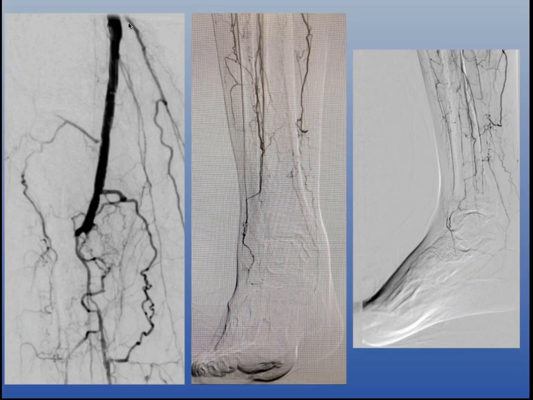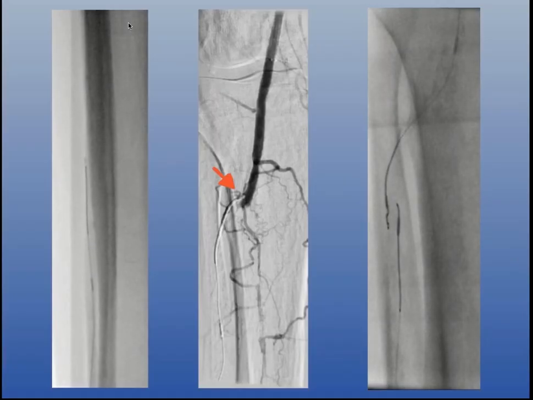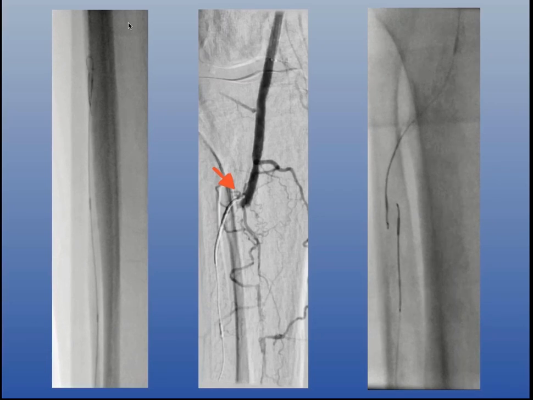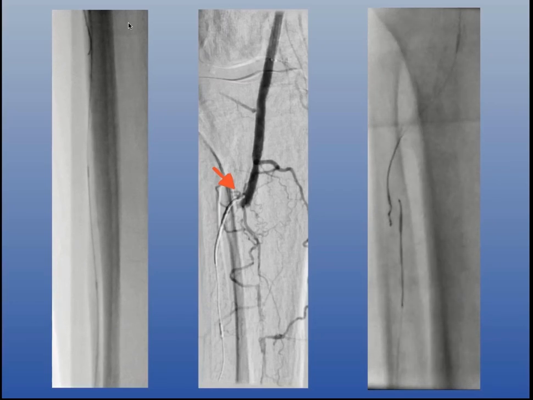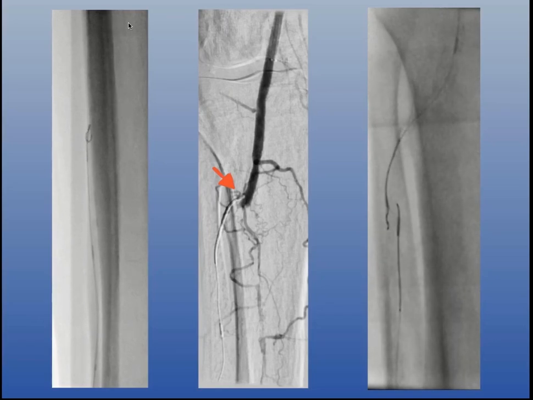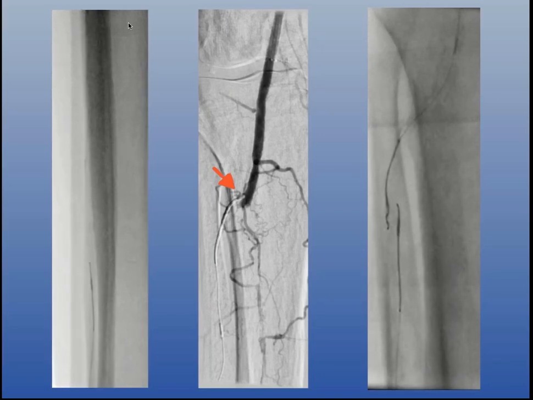And so I knew looking at this case that I would need access from above as well as access from below. So in this case, I used ultrasound. I saw a little bit of a pulsating dorsalis pedis artery in the foot. So I thought to myself, this might be hibernating. So I accessed it. I have a CTO catheter from below. I've got a low tip load guide wire, and you can see I'm using a knuckle wire technique on that far left to do my initial recanalization of the